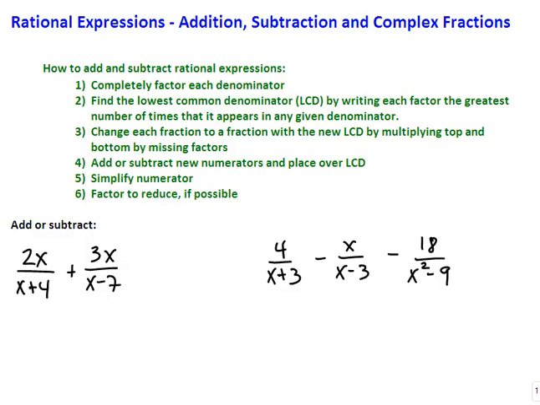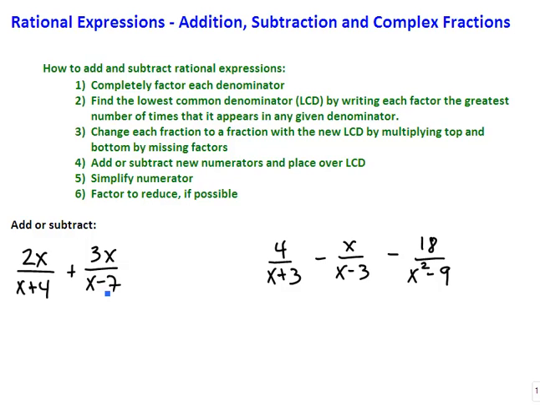Welcome to the lecture on rational expressions, adding, subtracting, and complex fractions. We're going to start the lecture off today with talking about adding and subtracting rational expressions. Remember that a rational expression is just a polynomial divided by a polynomial, so we're going to be dealing with